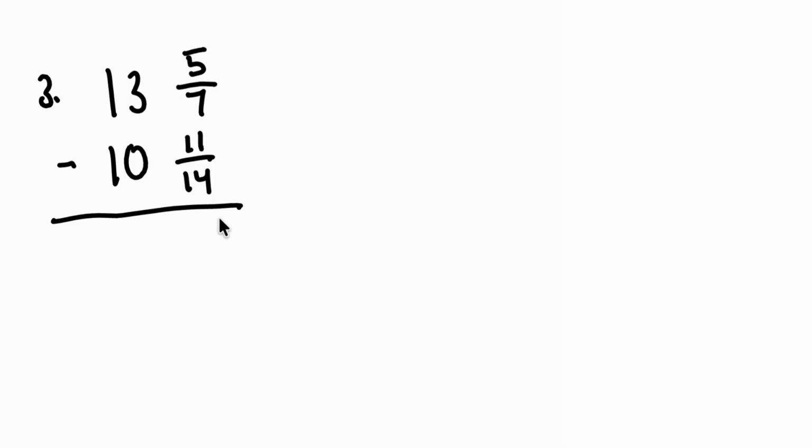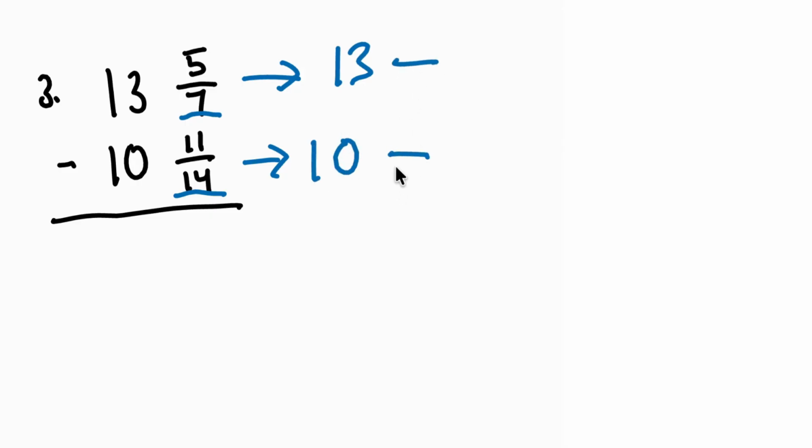So first we have to subtract the fractions. 5/7 minus 11/14. Well, those don't have the same denominator. One has a denominator of 7, while the other has a denominator of 14. So we need to rewrite them to have the same denominator first. 13 and 10. And the same denominator is going to be 14, because that's the least common multiple for both